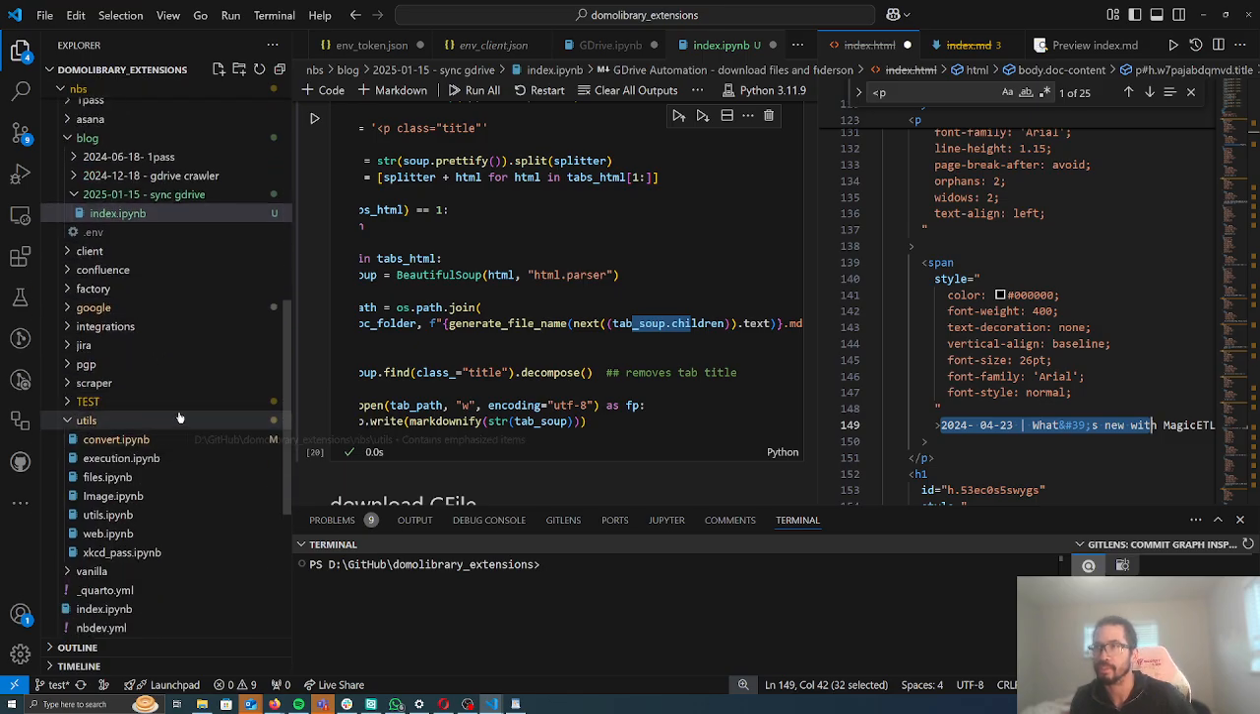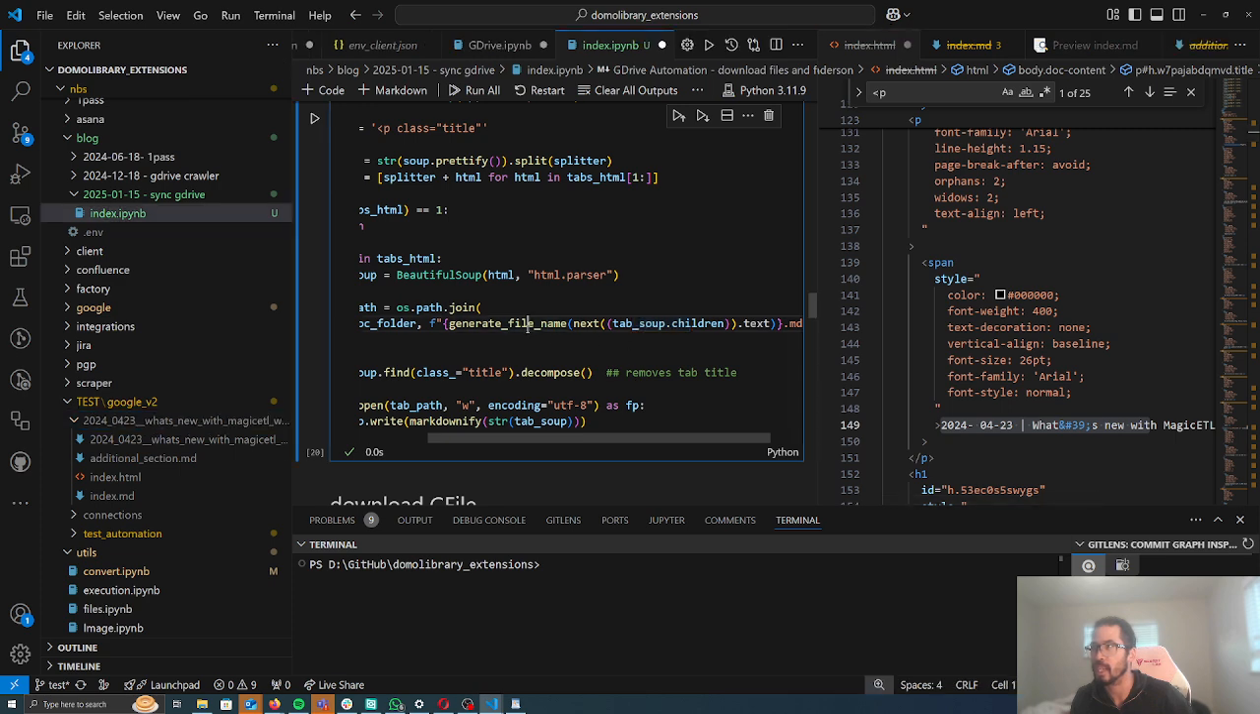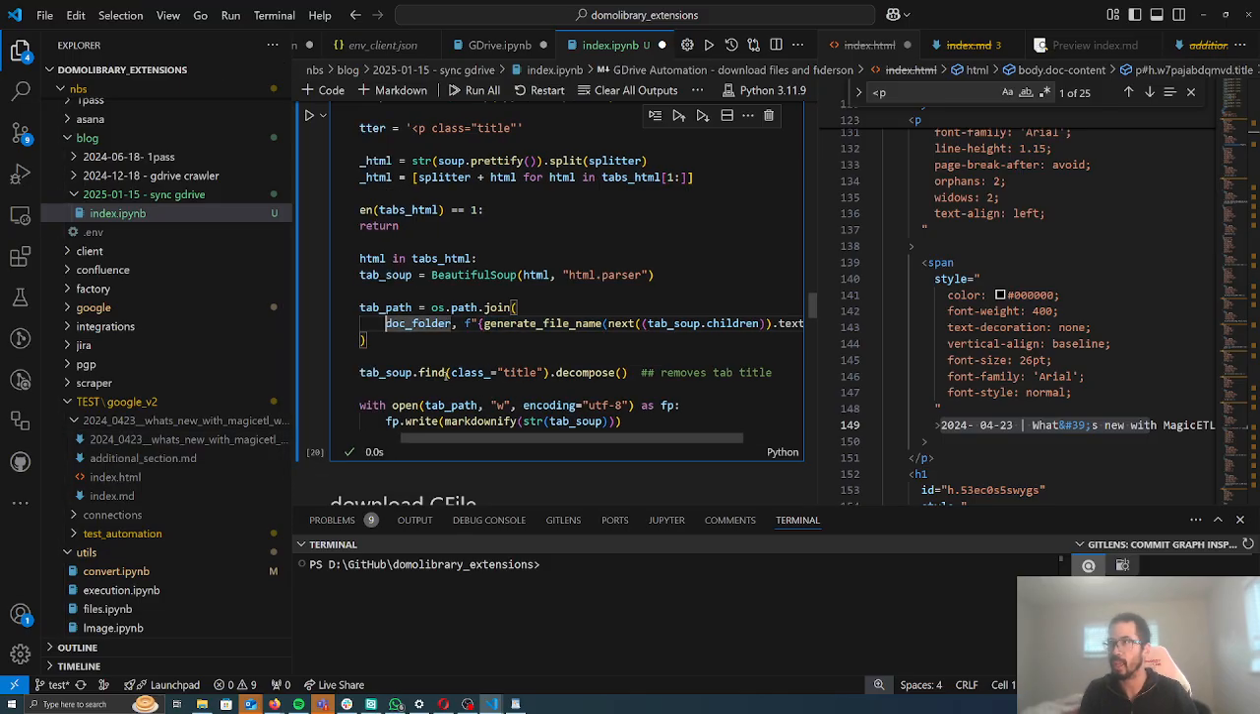So here, under test, what's new? I take this text, run it through generate file name, and it returns that text. And so we're going to create a file called tab path. This, right? From there, we say, hey, in tab soup,